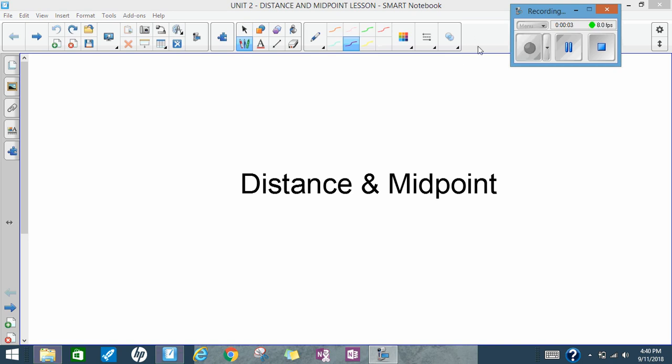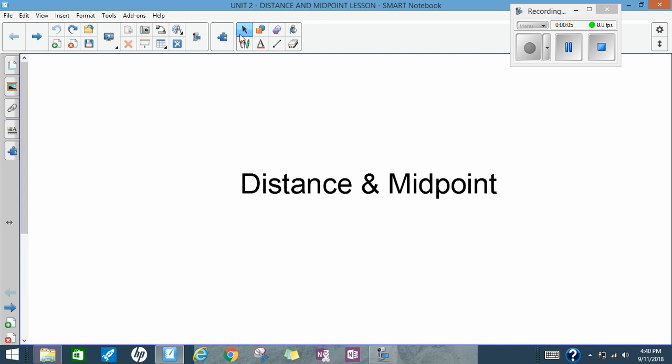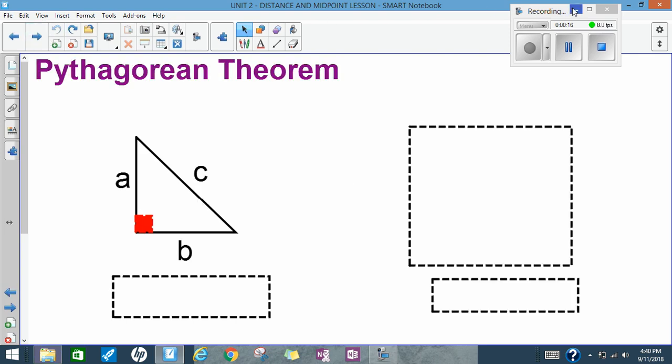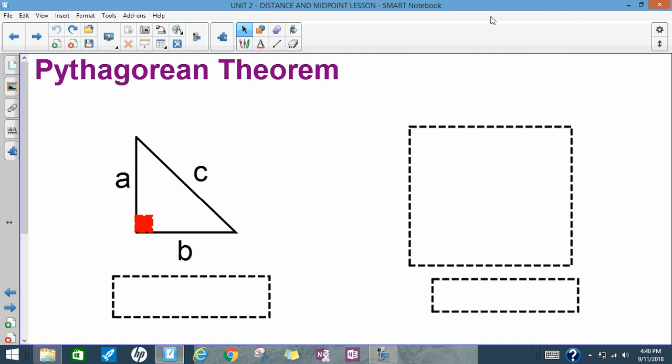Yeah, today we're going to talk about some coordinate geometry, so stuff happening in the coordinate plane, the XY coordinate plane, and we're going to find the distance between points, and we're going to find midpoints. So we'll start with a quick discussion about Pythagorean Theorem, and that's something that you should at least be a